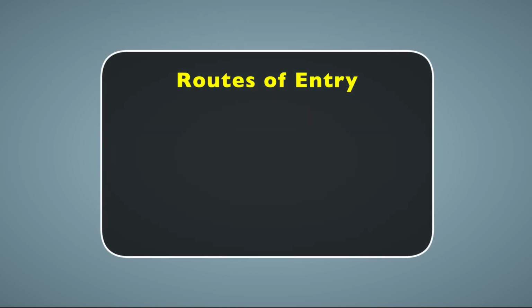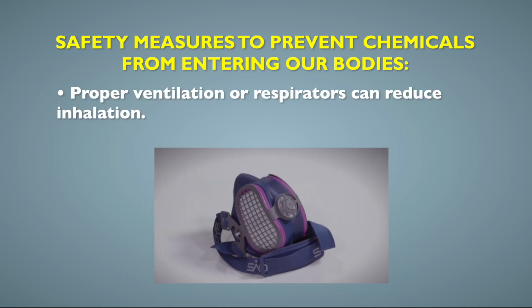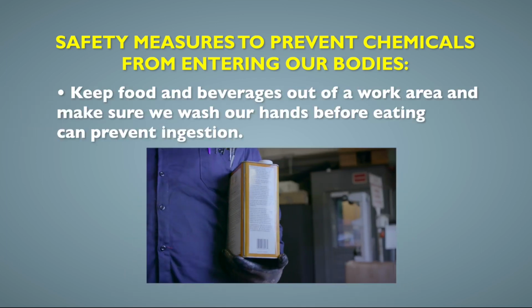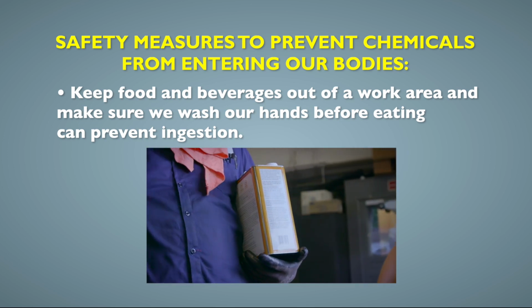Routes of entry. The way chemicals get into the body is called routes of entry. These include inhalation, ingestion, and absorption through the skin or eyes. There are safety measures we can take to prevent chemicals from entering our bodies. Proper ventilation or respirators can reduce inhalation. Keeping food and beverages out of a work area, and washing our hands before eating, can prevent